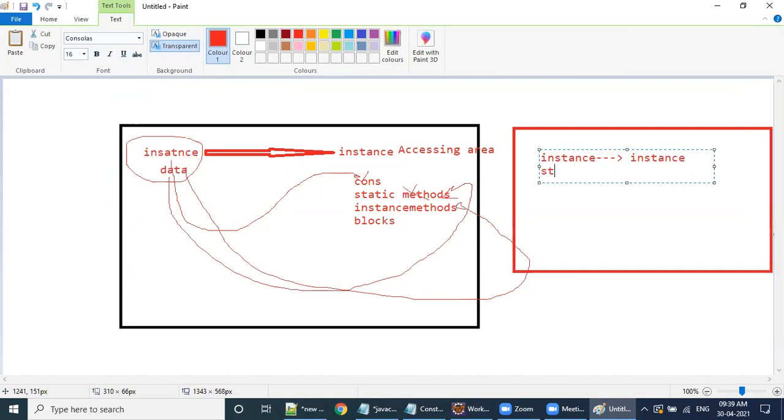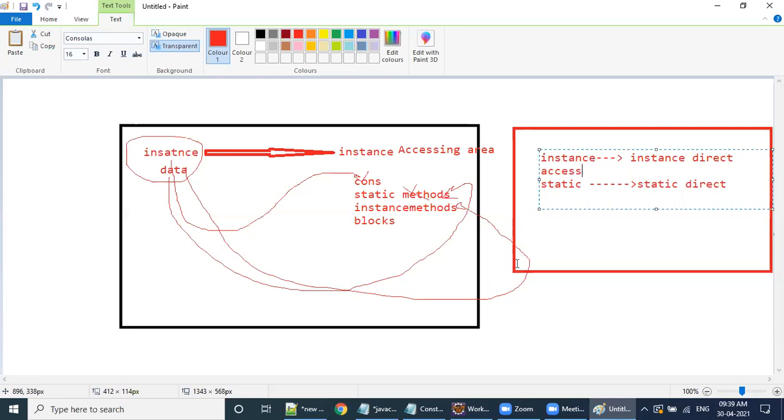Now static to static, direct access is possible. Everybody clear? Any doubt here?